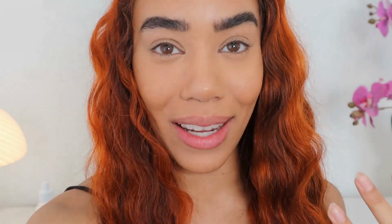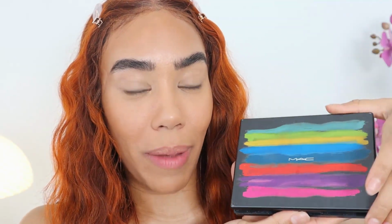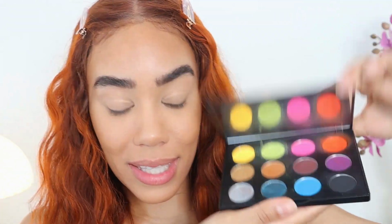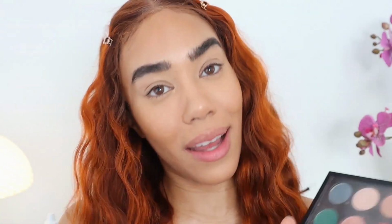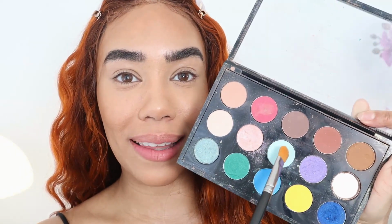I'm zooming you guys in here. Let's get nice and close so that we can really see what we're doing with this look. I'm going to be using my MAC Artistry palette. This one has a bunch of colors. And then I also have this other MAC palette that I made, and it has a bunch of other really fun bright colors. I'm going to go ahead and work with this lighter blue shade first in a matte tone,